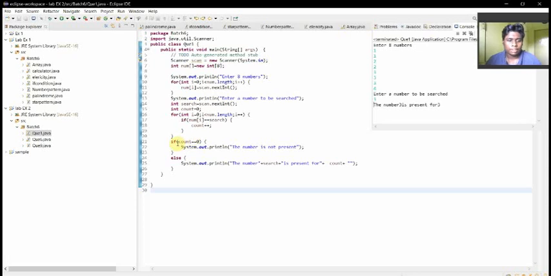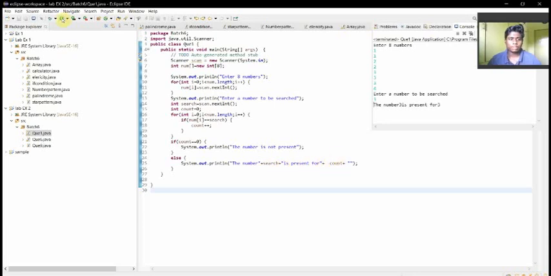Then if count is equal to 0, we print the number is not present, else we print the number plus search is present for the count.